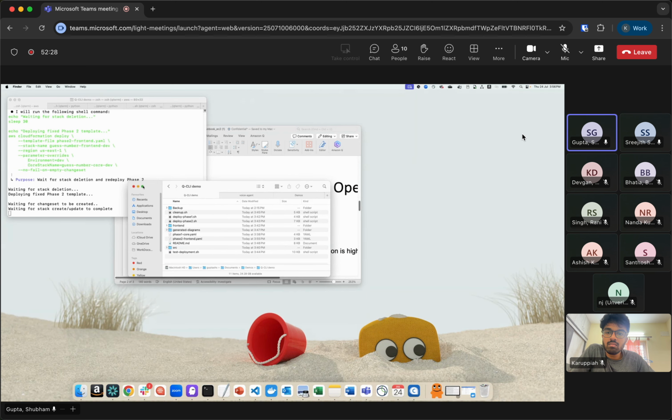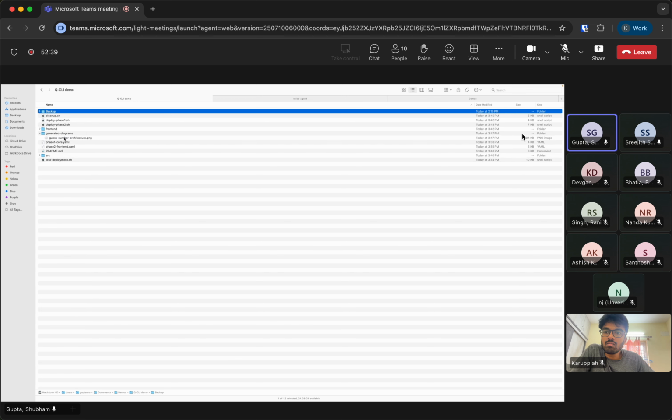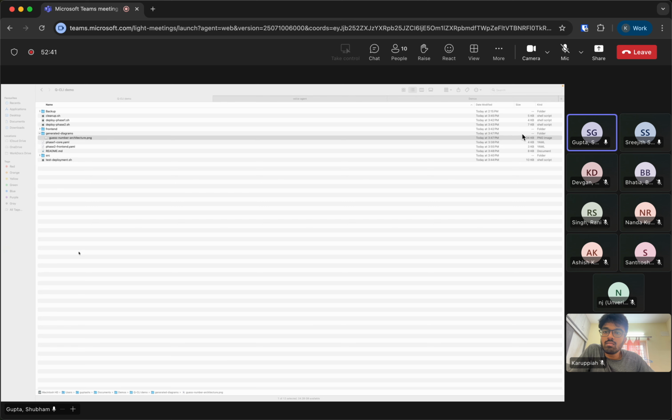Okay, so this is my folder. And this is the backup which I created earlier, but these are all the files which got created recently. And we have a folder of generated diagrams. So I am opening this.